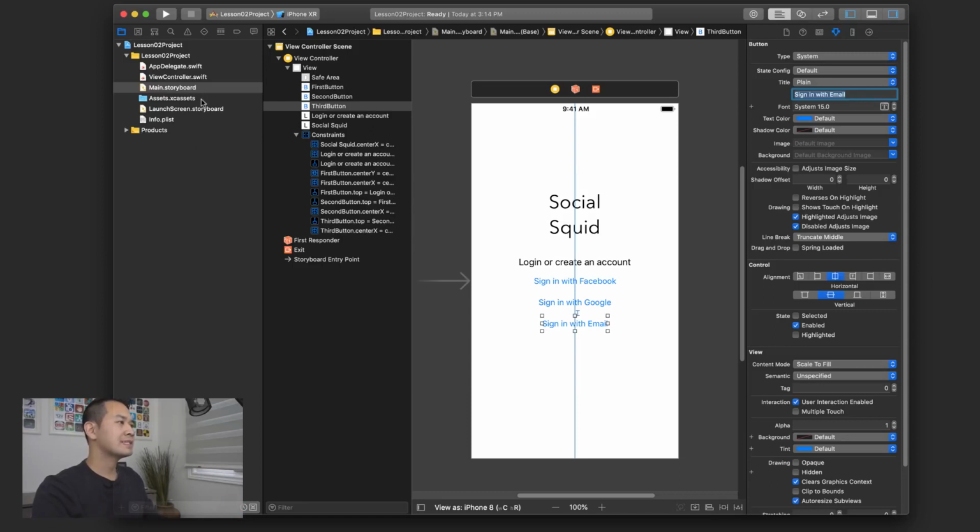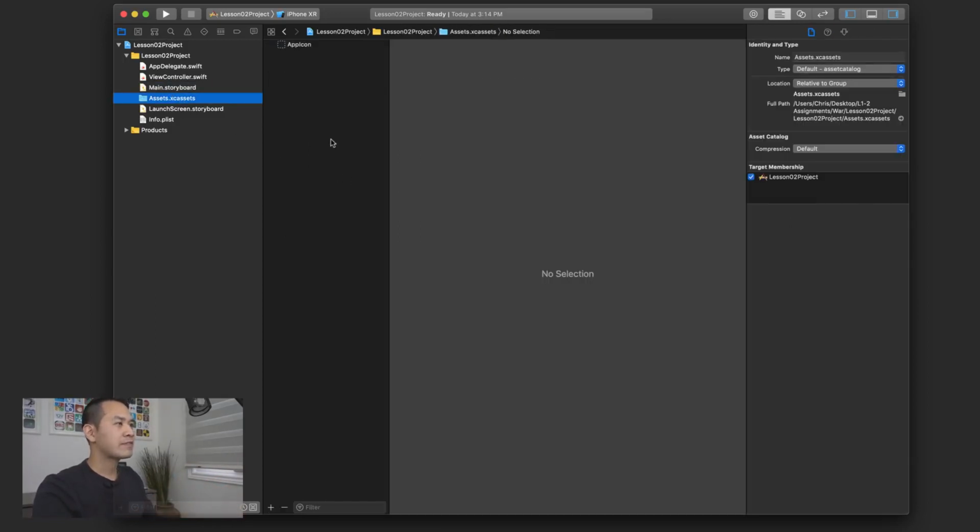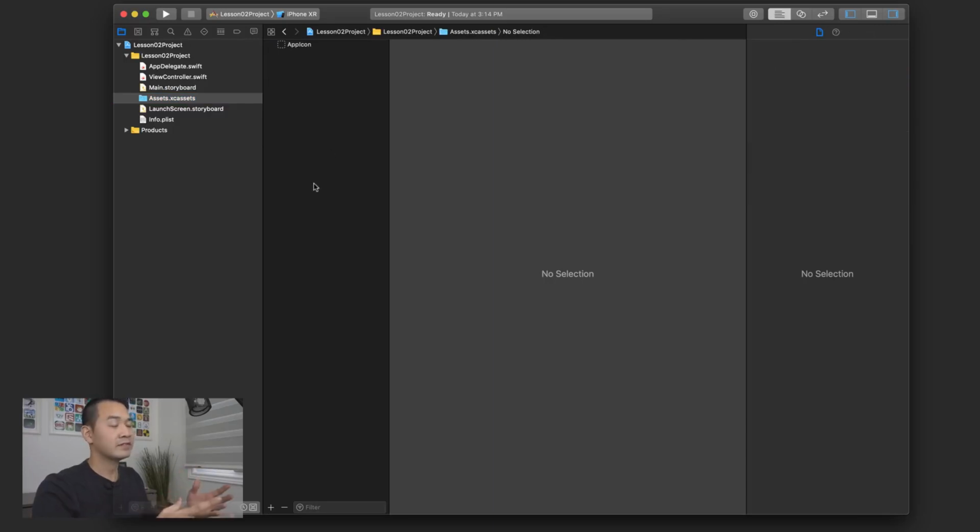But because this is an auto layout lesson, I want to focus on auto layout constraints and that sort of stuff and not customizing buttons. So I've actually prepared some graphic assets just to get the look and the feel of the button that we want without going too deep off the deep end on customizing buttons. So what I want you to do